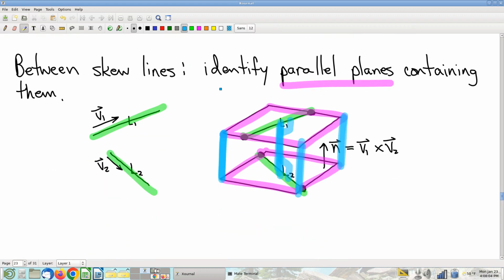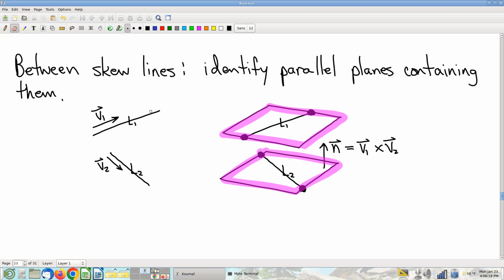So what remains, though, is how do I establish that there truly are parallel planes containing these 2 skew lines? This is the tricky part. And here's the idea. What I really need in order to do this is to find this direction vector, this normal vector. I need to find the vector perpendicular to both of these planes, so I know which direction they're pointing. And again, there's kind of a transitivity here. I know that